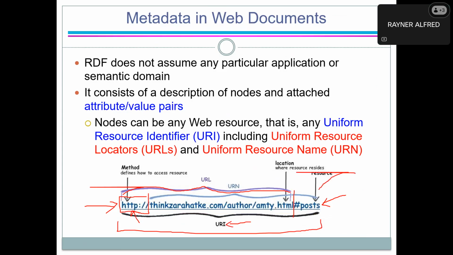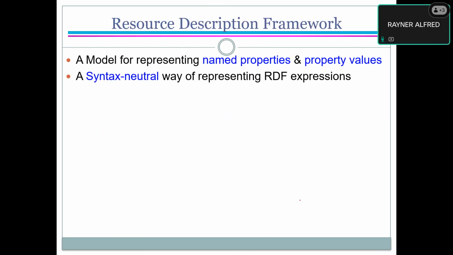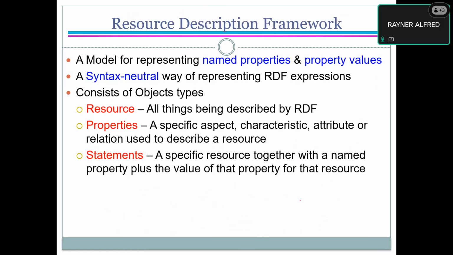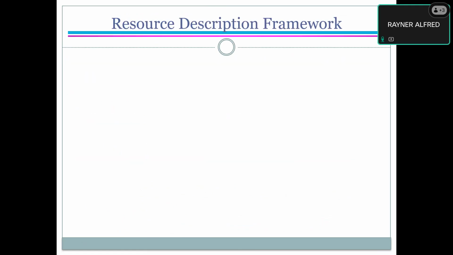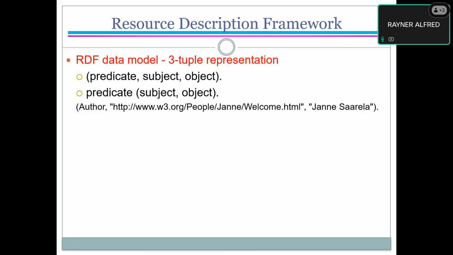So that's why the name of the website determines the type of resources that we have. For example, how do we define a document that belongs to a certain author? We use the object types, which refer to resource, property, and statement. So how do we define this? For example, in RDF, they use a three-tuple representation. So we have the predicate, which is the type of relationship that we have,